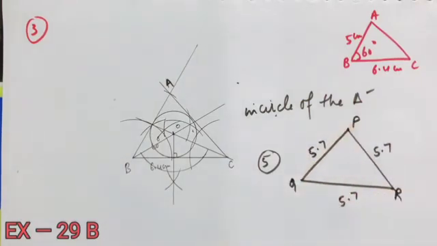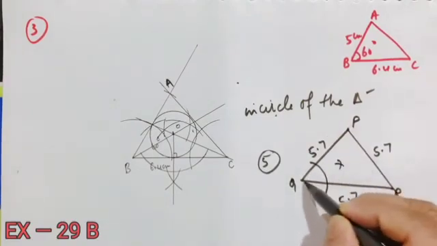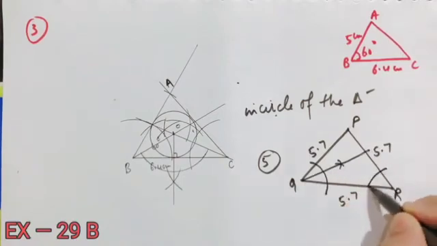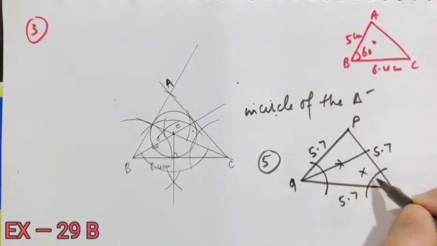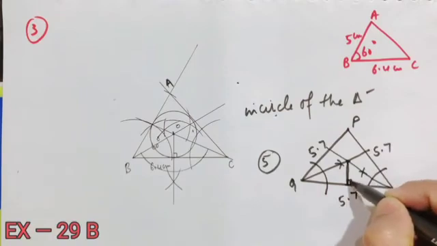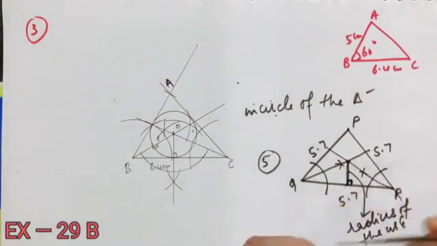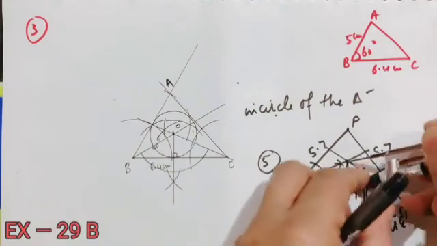After that you will draw the bisector of these two angles, and then from the meeting point you will drop a perpendicular. This will become the radius of the circle, and taking this as the radius of the circle,